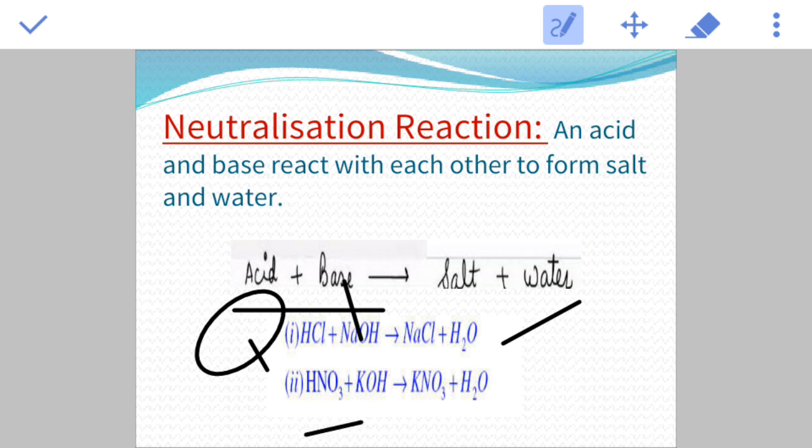And the next one, HNO3 is the formula of nitric acid, and KOH is a base. So whenever nitric acid reacts with KOH, potassium hydroxide, it forms potassium nitrate and water. So the neutralization reaction is a different type of reaction than all the above three. So keep in mind, acid and base